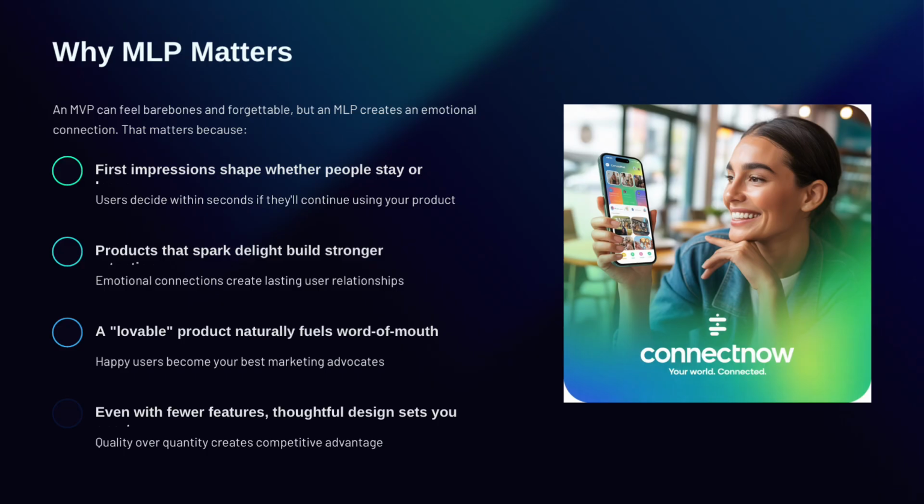An MVP might tell you if people have the problem, but an MLP helps figure out if they'll stick with your solution. Think about it. If your quick MVP is clunky or just forgettable, people might leave before you even get good feedback. They churn. The minimum in MLP still means being lean, focusing, but you're choosing quality of experience for a narrow scope. You do one or two things exceptionally well with that polish rather than 5 things just okay.